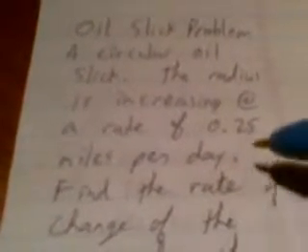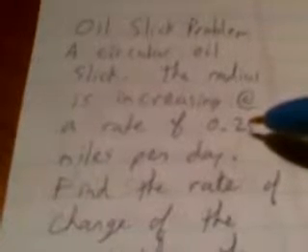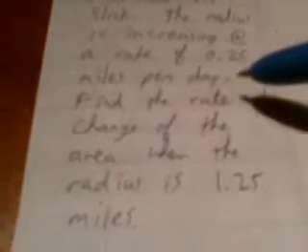And then all we need to do is fill in all the stuff that we know and find out the missing part. So we're missing the dA dt, that's what we're trying to find out. And we know that the rate of change of the radius is 0.25, that's dr dt. And we want to know the rate of change of the area when the radius itself is 1.25. So we'll just plug that stuff in here. So dA dt equals 2 times pi times the radius, which is 1.25, and dr dt is 0.25,